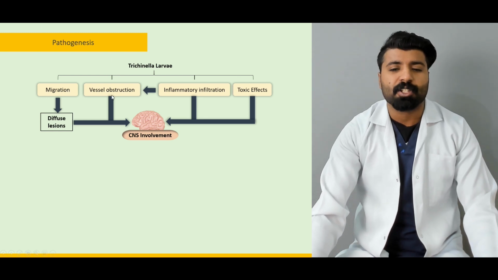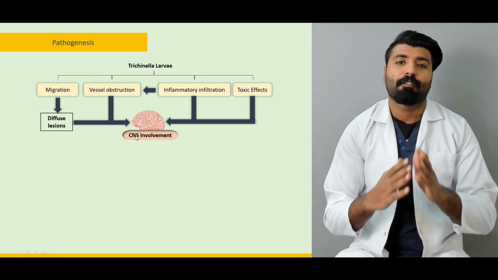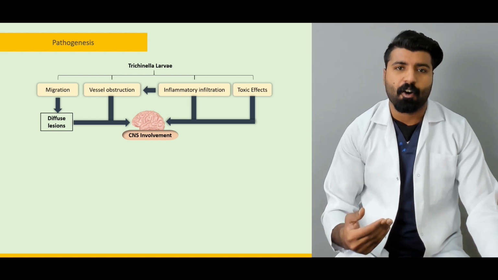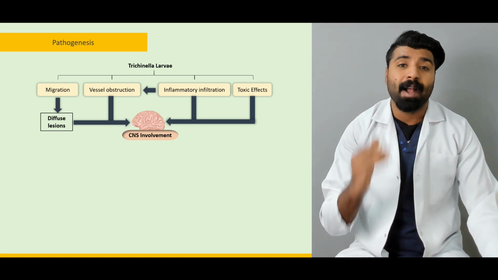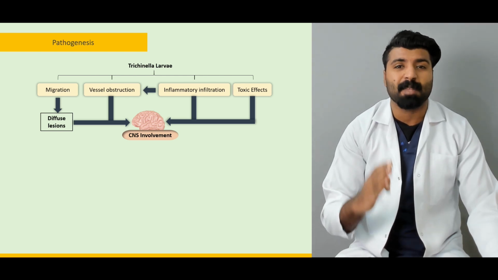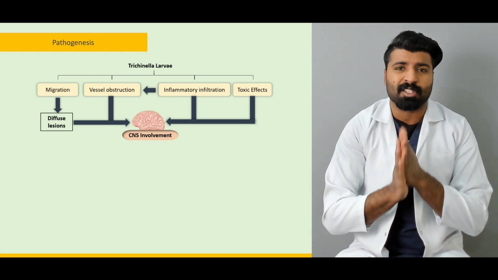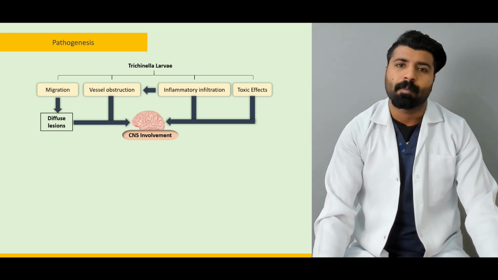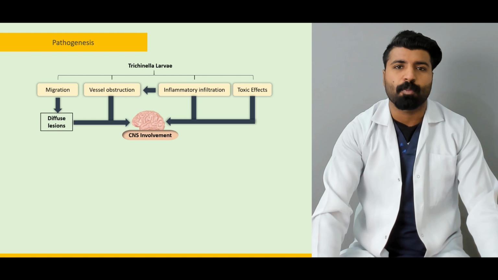Just like that, vessel obstruction can lead to CNS involvement. If those vessels are obstructed and the blood supply for the central nervous system is compromised, what will happen? We will have ischemia of the brain. When a major or minor part is not getting blood and the supply is compromised, it is going to go into ischemia and then necrosis, and those functions which were carried out by that part of the central nervous system will go away. You won't have those functions in your body anymore. You won't be able to control them anymore.